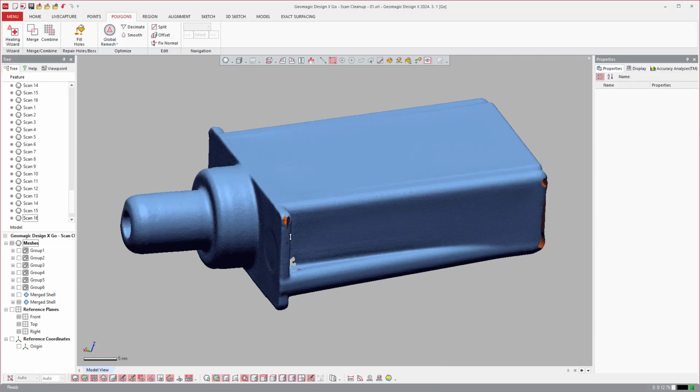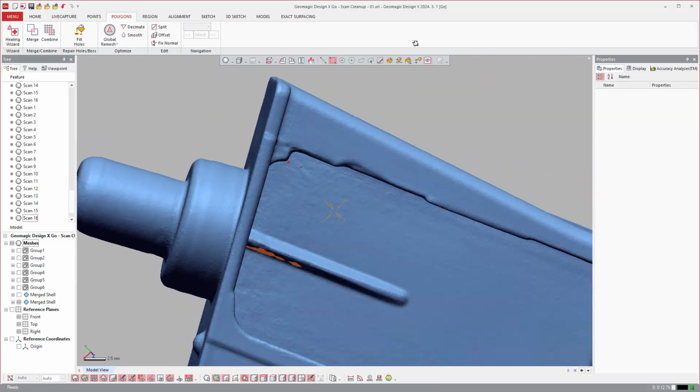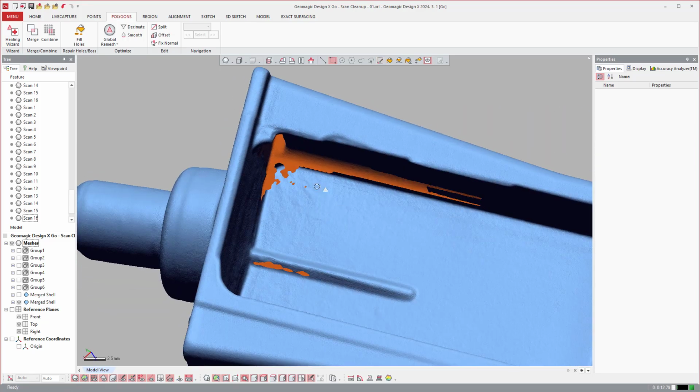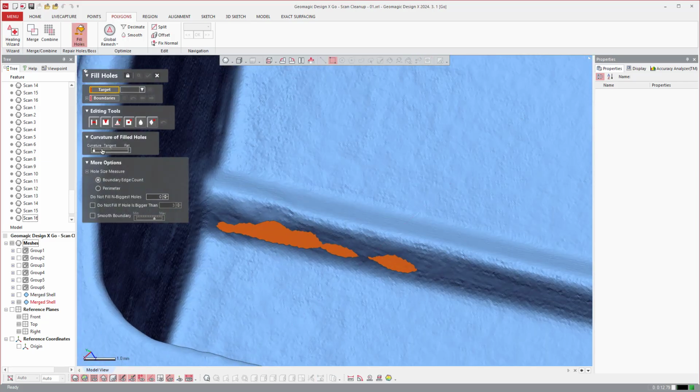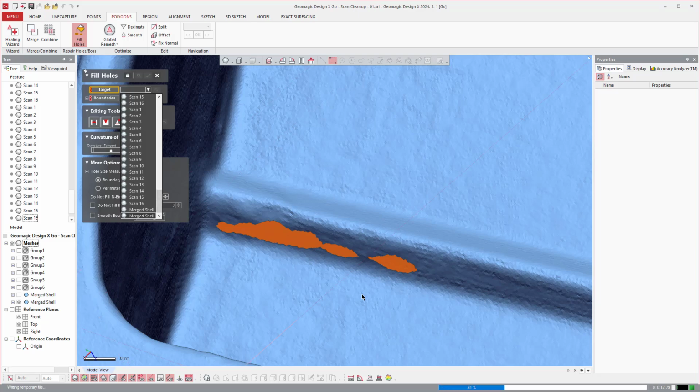So once that's finished, we can go ahead and just do some hole filling just to show what I do there. So some basic holes like this, you would just say I want to use tangent or curvature for that. When you have multiple meshes in here, you have to select which mesh it is that you're going to do, which takes a step